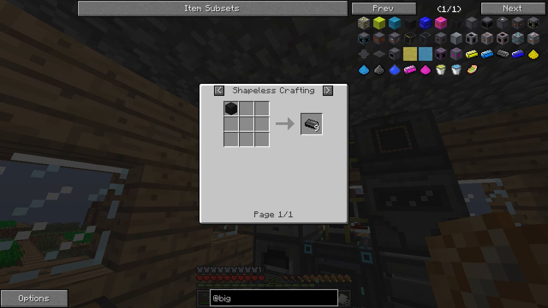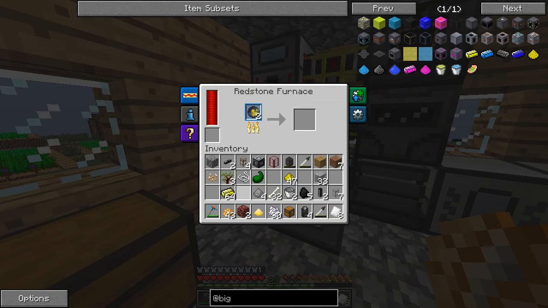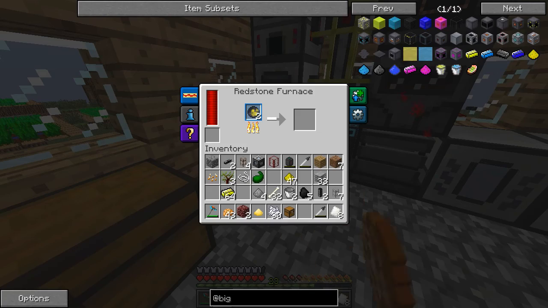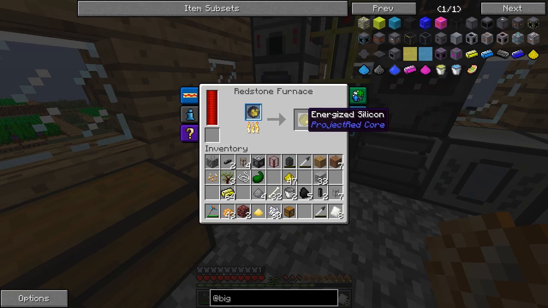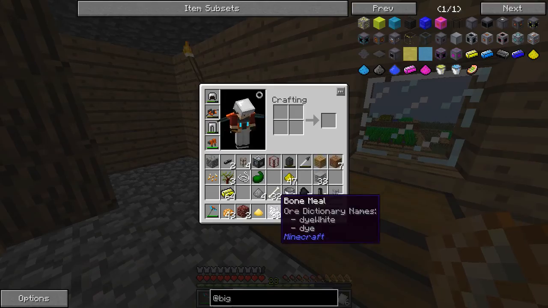Hold on here. Am I doing something wrong? Energized silicon is, oh wait, then we have to smelt it again. Okay, that makes sense, no need to panic. We just need to resmelt them, so they go into the energized silicon, then the energized silicon can get brought into the induction smelter with the sheets, and that'll go through, and we get ourselves a whole bunch of lovely